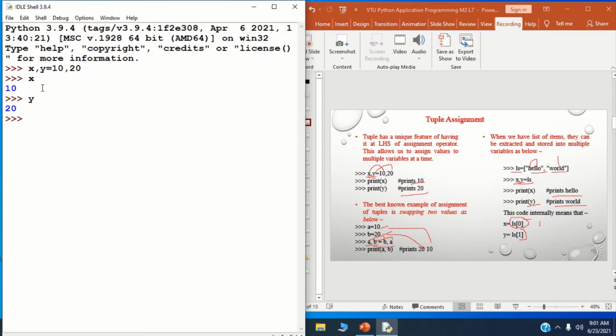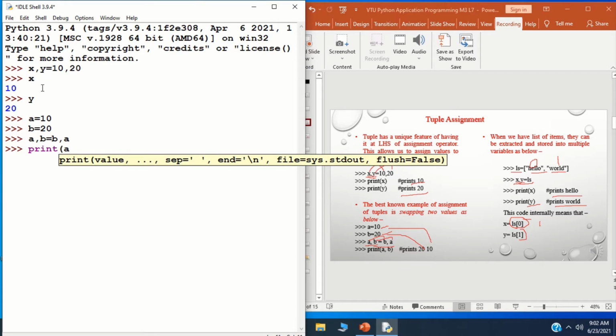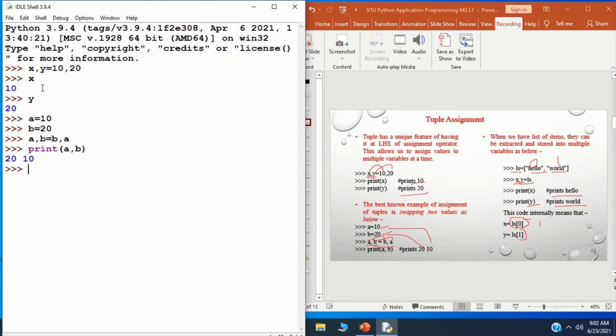Let's say a is equal to 10 and b is equal to 20. After that, a comma b, this is my LHS, is equal to b comma a. If you print the LHS value a comma b, the interpreter will print 20 and 10.